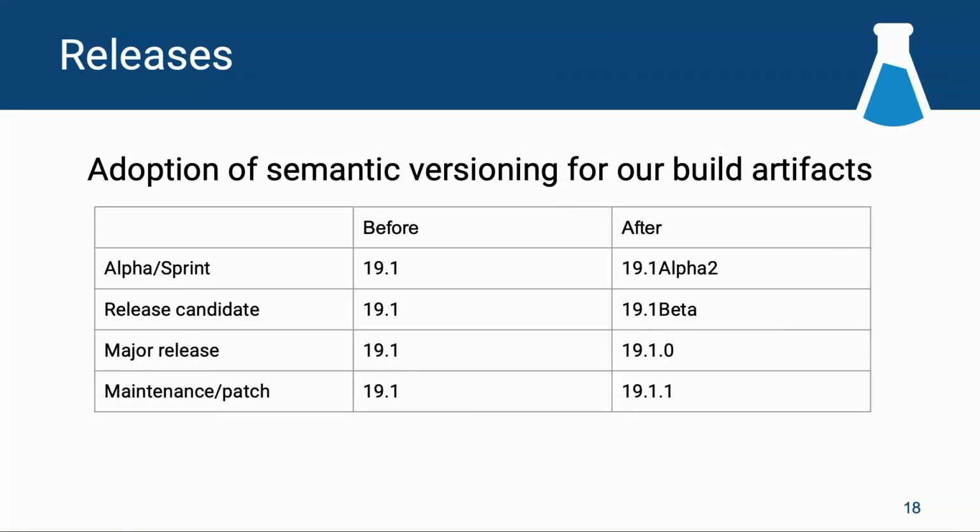So for all of our historical types, we were naming them the same, which was a problem. And now we're moving to more of a new scheme. For the former sprint builds, since we're not doing Scrum anymore, we call them alpha builds. They still occur at a monthly cycle, so that cadence hasn't changed. And then the release candidate is really the version that we create when